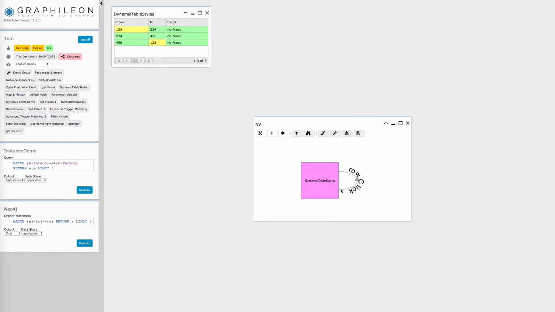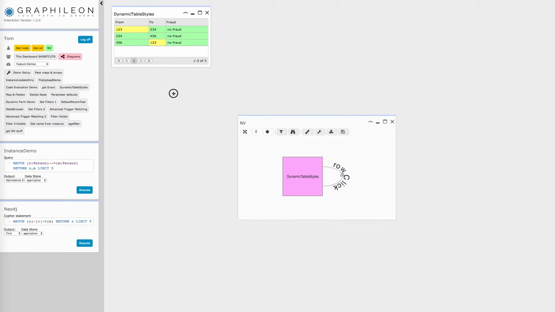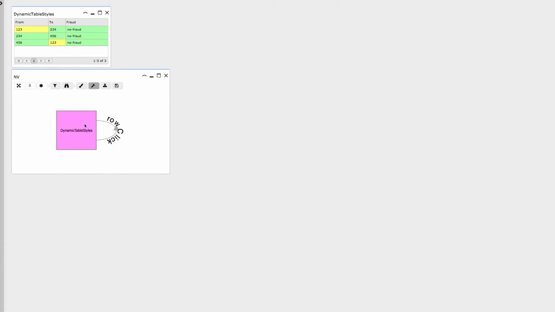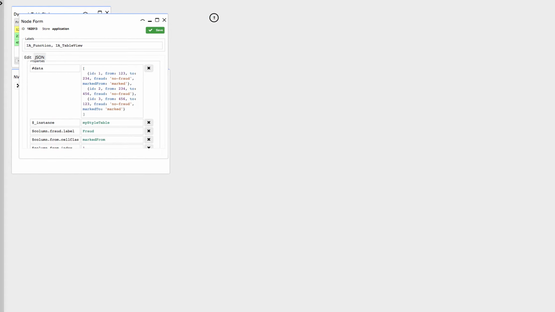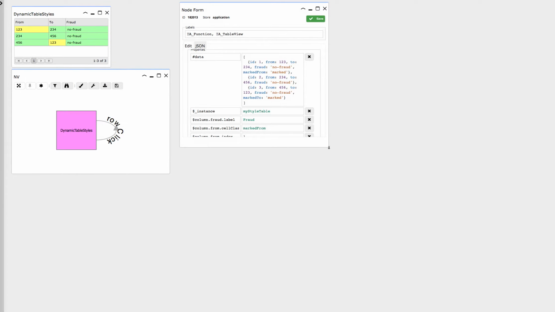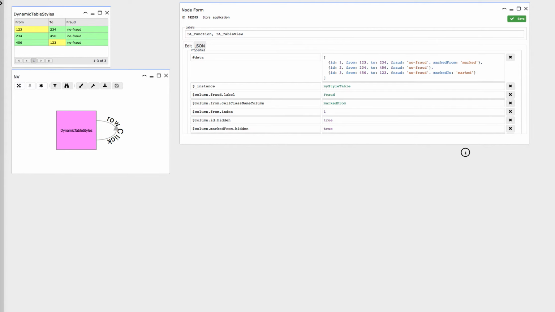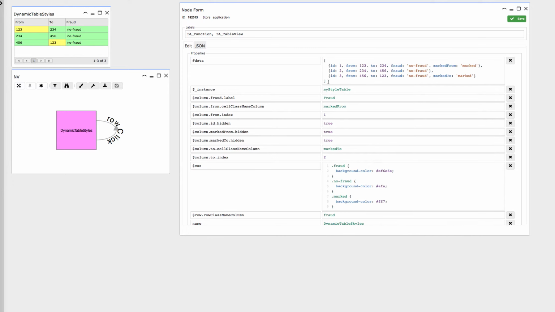I'm going to hide this node for the moment, and let's have a look at what is inside those two elements, the table view node and the row click relationship. First, the table view node. In this case, it doesn't get its data from Cypher, but from an array that is stored in the hash data property, and